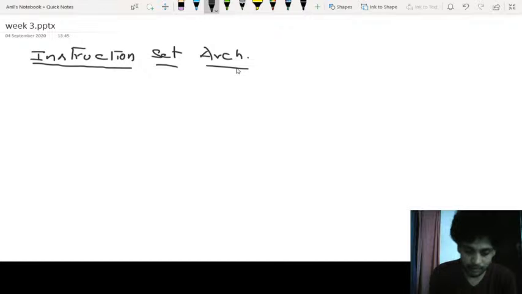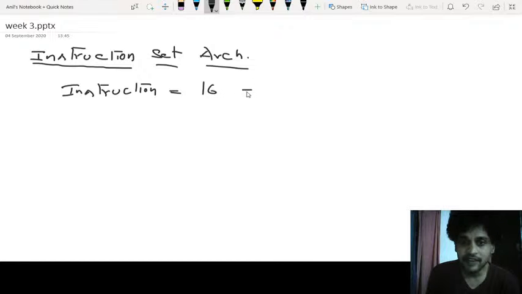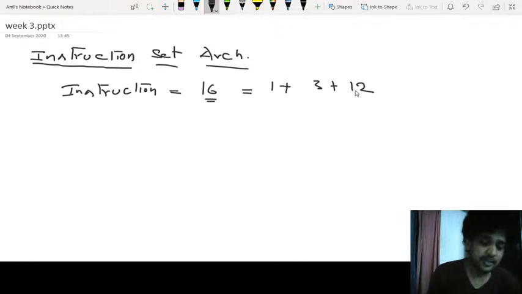We know about an instruction format, how the instruction is going to get composed. In our case we had a 16-bit instruction. We have divided these 16 bits into three different fields: 1 plus 3 plus 12. Even if you are listening to the class for the first time, it doesn't matter, just stay focused, and if you listen to me carefully, you will be able to solve any question on instruction set architecture once we finish the lecture. So the total instruction size is 16 bits, in which 1 bit is given to mode, 3 bits to opcode, and 12 bits